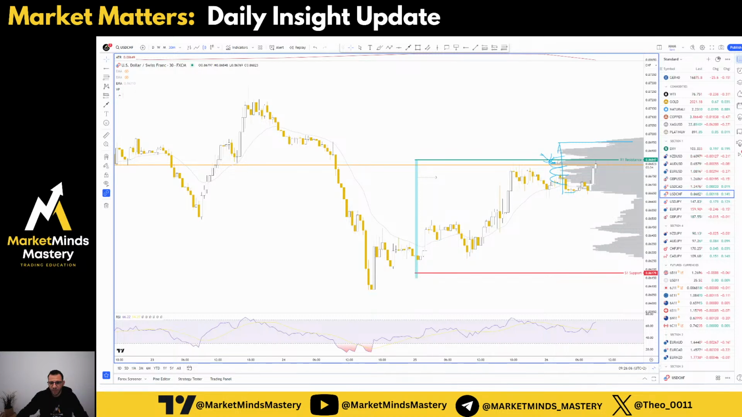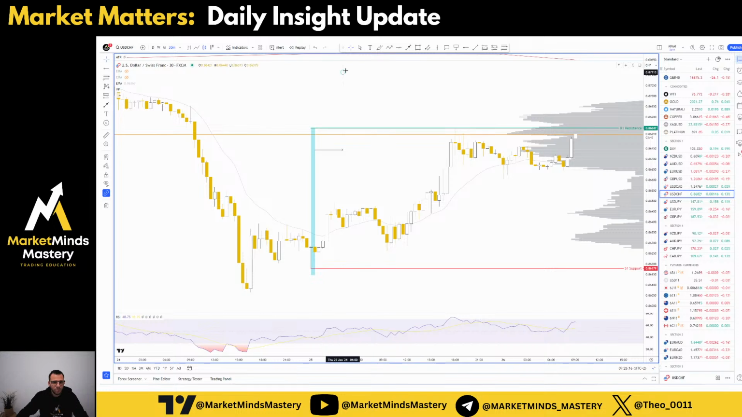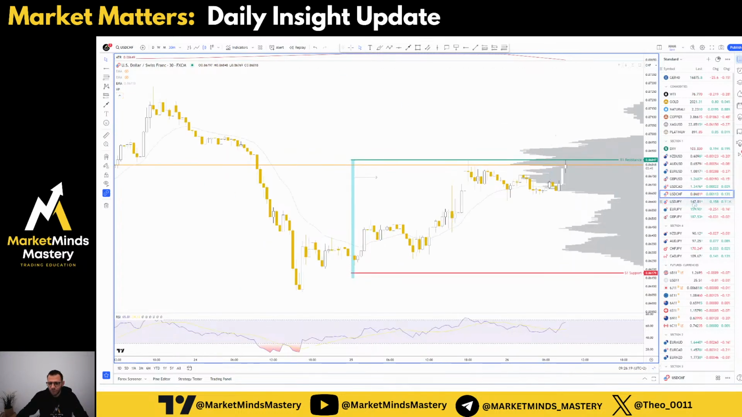So at this point here, there is a vast interest by traders to take positions. So what's the plan if we want to trade the USD CHF? If we believe that based on the daily chart the market will move upwards, then either we wait for a break. I would rather wait for a break, of course, above this